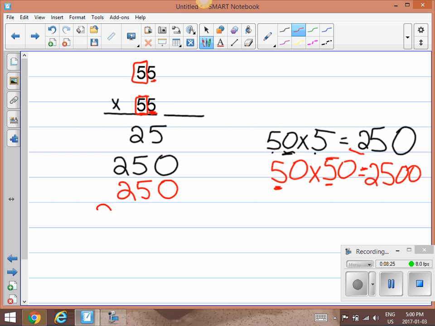So we've multiplied each digit by everything we've needed to multiply. Now all we need to do is add, just like we would be doing with the traditional method. 5 plus 0 plus 0 plus 0. 2 plus 5 is 7, plus 5 is 12. 5 and 5 is 10. So our answer is